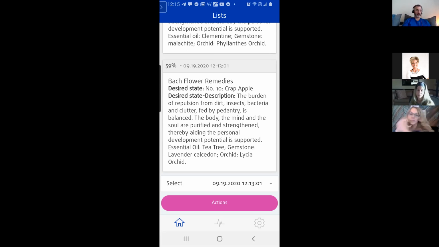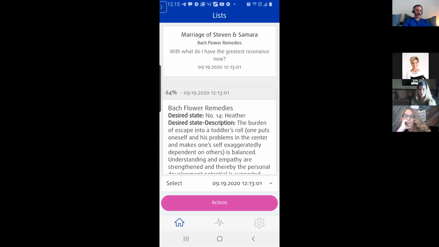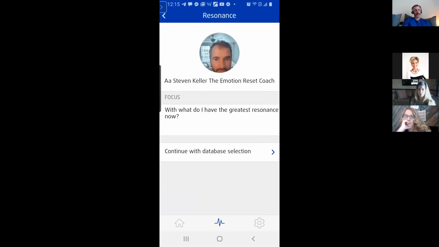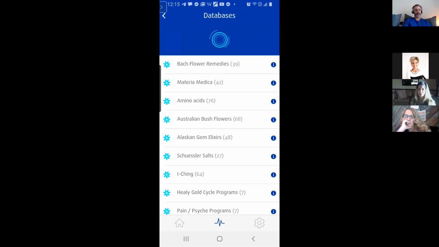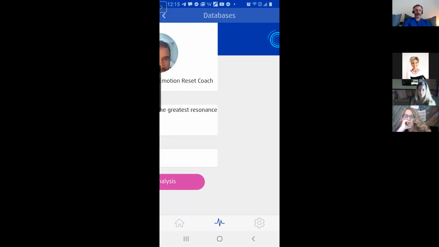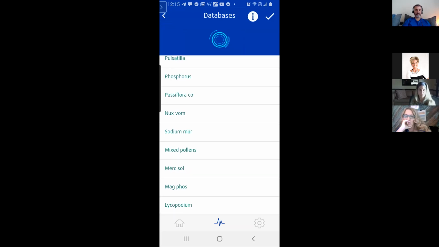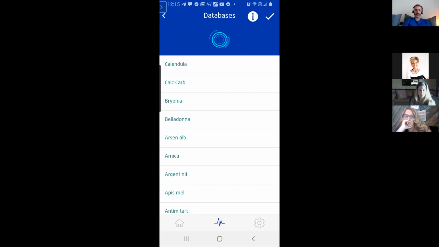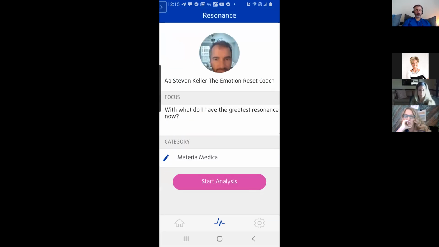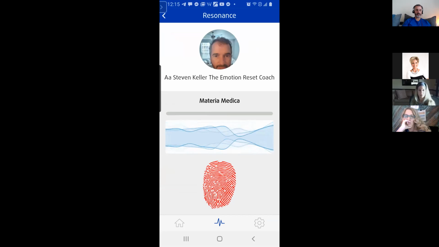So we're going to go out of there. We're going to go back into me, and we're going to go through some other options. So materia medica is misnamed. It should just be named the homeopathics, okay? Because if I click this and I click on the eye, you'll see all of the different homeopathics it will check for, okay? And so if I run this, this does a couple things. It can say what homeopathic I would do well to have, or which one I should run through the program.